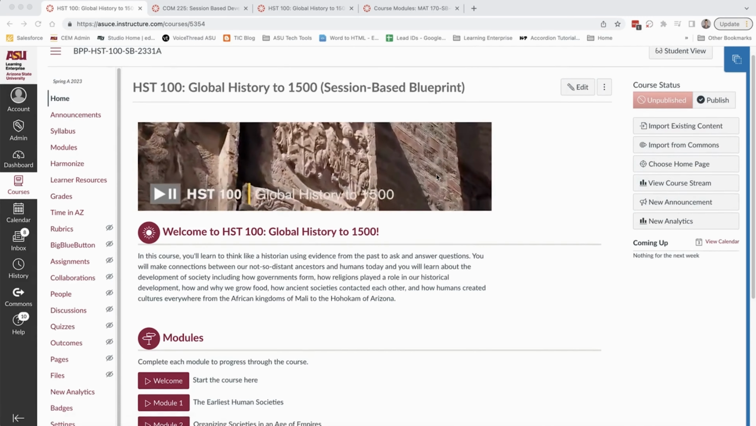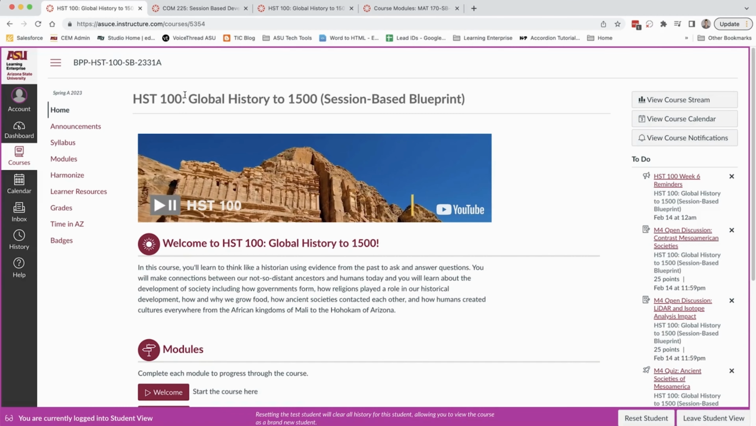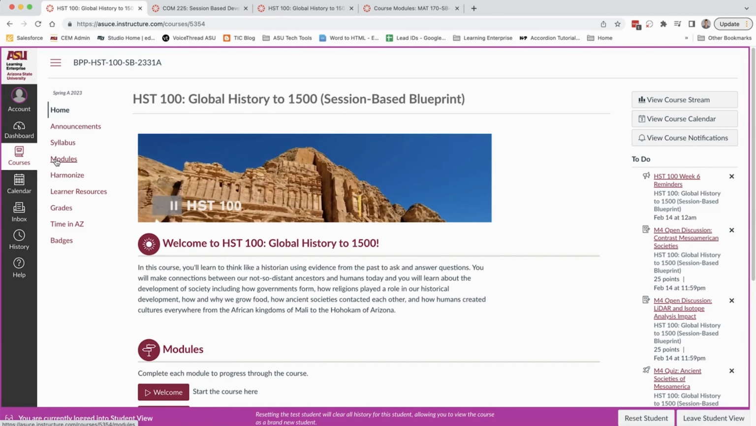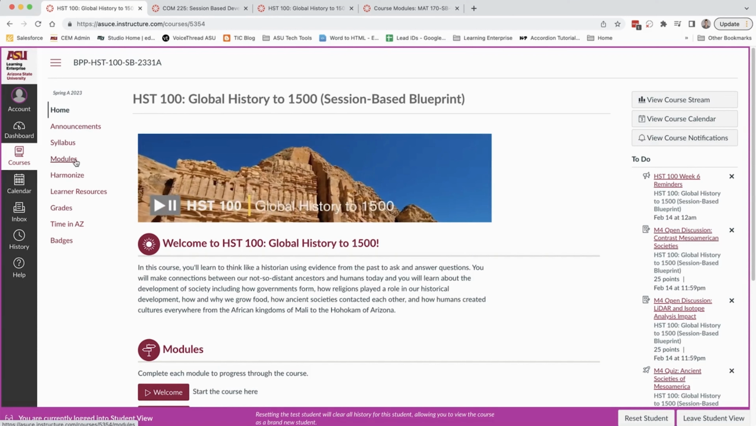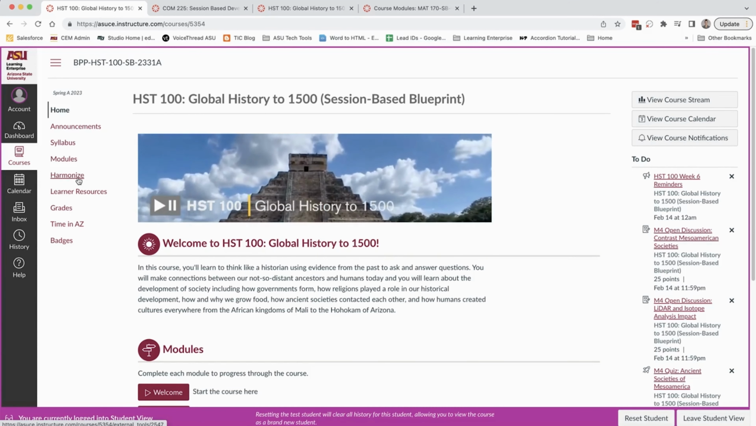The course is always open with a welcome page that has a set of quick links to direct learners to modules. You can see that learners would immediately have access to things like announcements, the syllabus, modules, which is where they'll spend the majority of their time in the course,